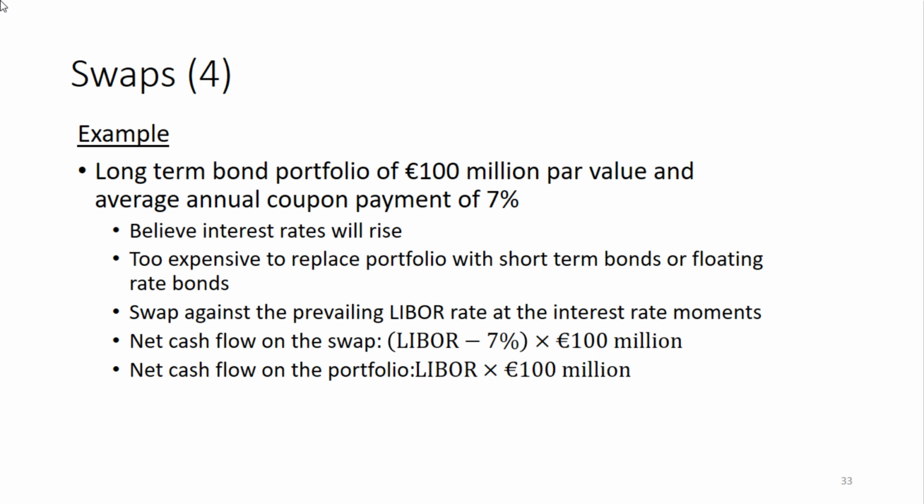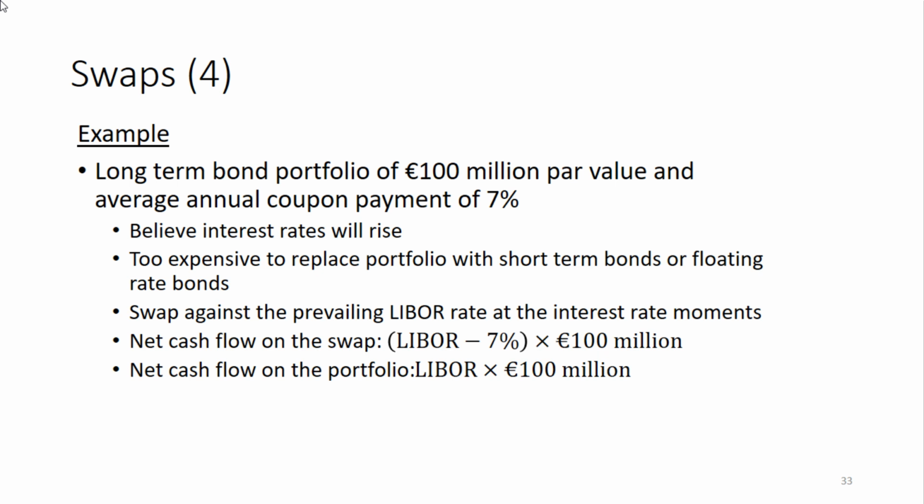Given that I've added this swap to my portfolio, the payoff on the swap is that I receive LIBOR and I pay fixed the 7%. So suppose that the notional is the 100 million. The cash flow is then LIBOR minus the 7% times the 100 million on the swap only. But because I also have the benefit of the 7% on the long-term portfolio, adding this swap contract to my existing portfolio means that instead of receiving 7% fixed on my portfolio, I will be receiving LIBOR, the floating rate, on my portfolio.